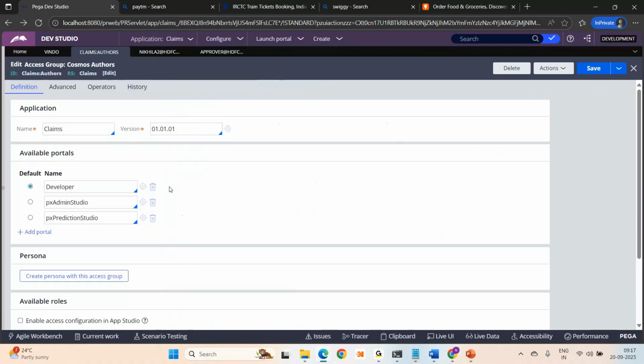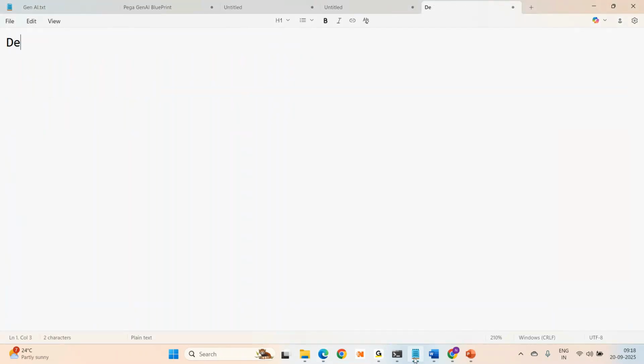So access groups, we don't have too many access groups in real time. And we create access groups keeping the client in mind, not keeping your team in mind. Our team is just developers, testers, and managers. So we don't create access groups keeping us in mind. Developers and testers will have access groups, no doubt about it, but for the rest of the access groups, we keep the client in mind. So if the client is in the healthcare industry, as I told you, we'll have doctors, nurses,